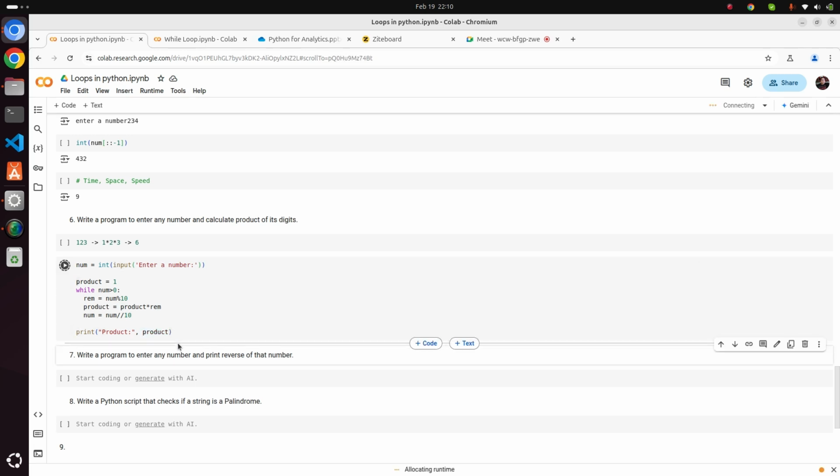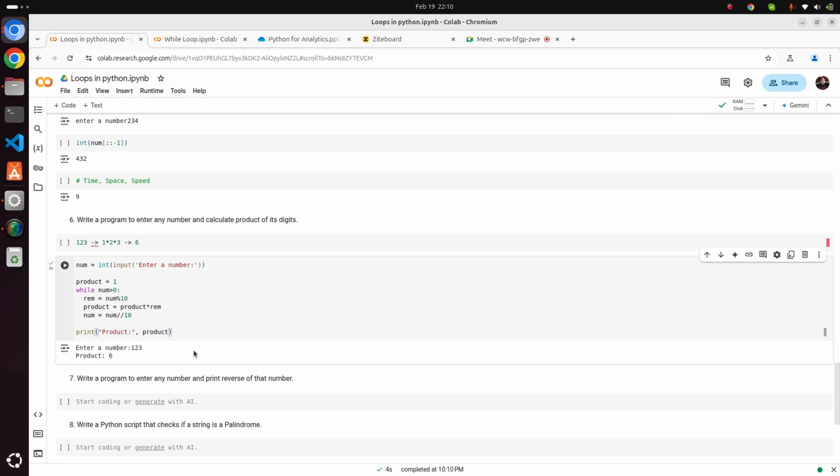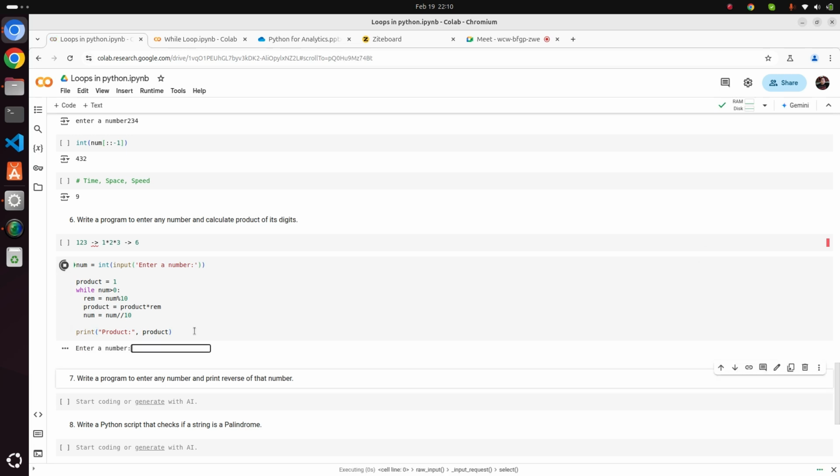So let me run this. The input variable is, it will take some time because we are executing for the first time. You can see here the orange three dots will convert into green, because it is attaching a virtual machine to this notebook ultimately. So suppose the number is 1 2 3, right? The product is 6. Now 3 4 5,